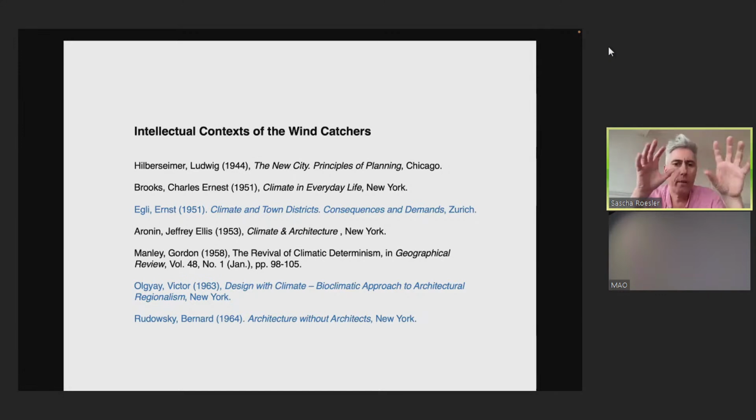Let me quickly give you some kind of intellectual context, how the wind catchers emerged. So the photo was used and redistributed in various publications, but today I would like to emphasize and discuss mainly three publications by three architects of Central European extraction: Ernst Egli, an Austrian architect, Viktor Olgyay, a Hungarian architect, and Bernhard Rudofsky, born in today's Czech Republic, but also Austrian. So they all had a different kind of approach to the roofscapes,